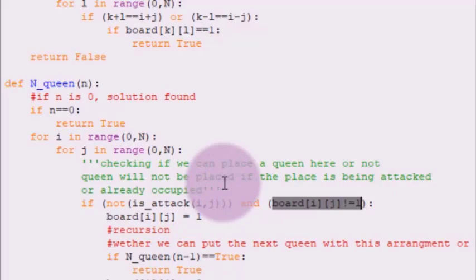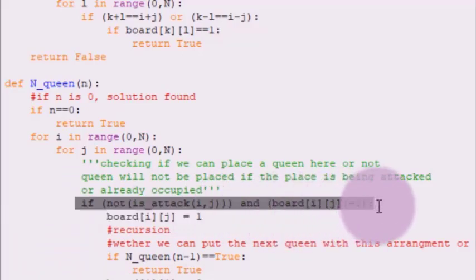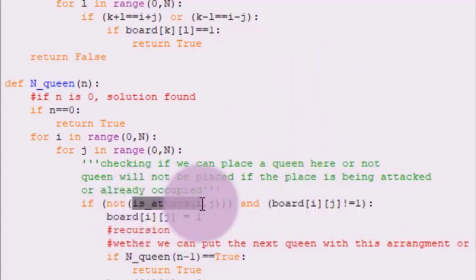So we are basically checking if the cell is available to place a queen or not. So this particular line in the code is checking whether the cell is available to place our queen or not. And the attack function which we have implemented will check if the cell is under attack by any other queen or not.